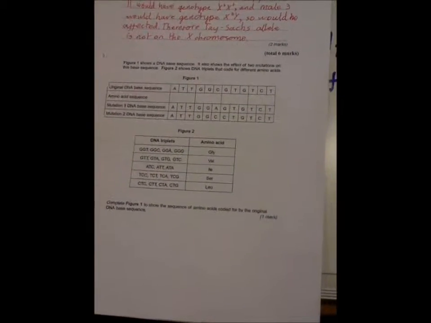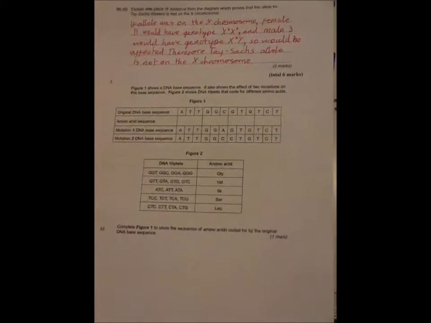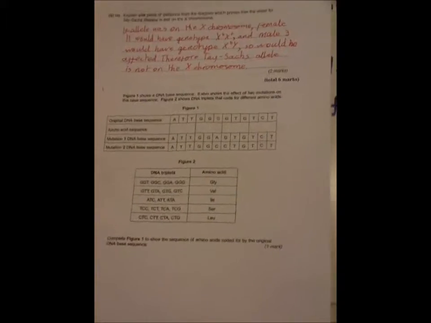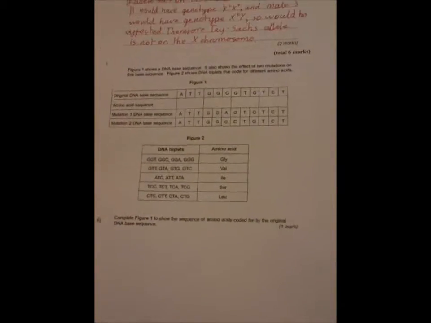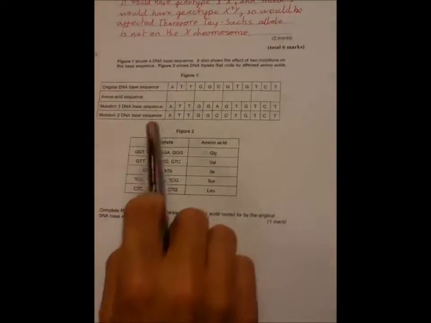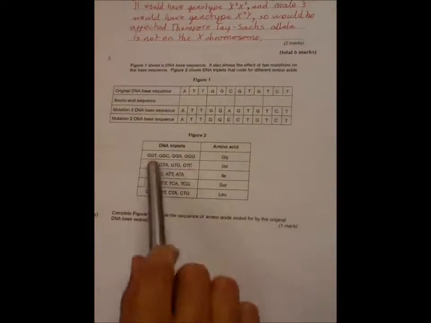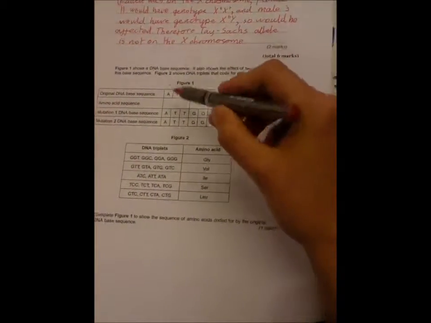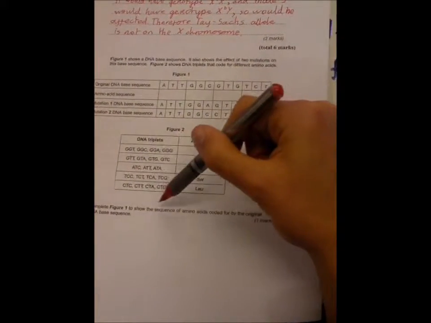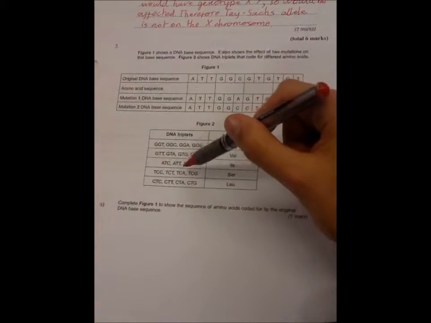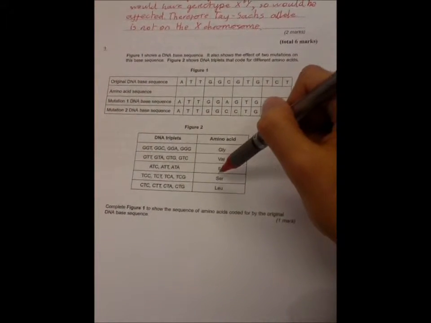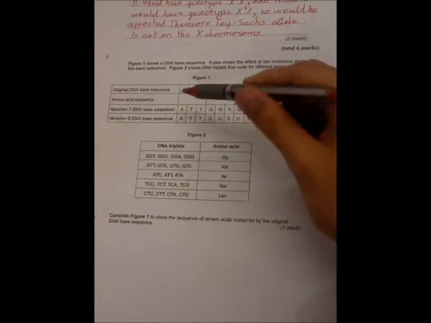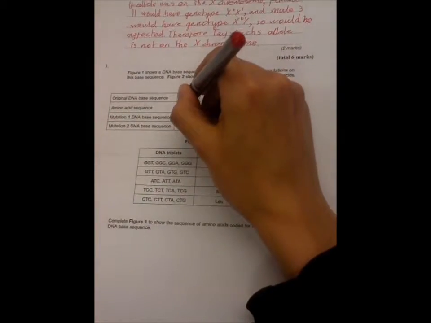Okay, question 3 of inheritance test. So part A, complete the diagram to show the amino acids coded for, which is pretty easy because all you have to do is look at the triplets and compare them to the table of DNA triplets and find which amino acid is coded for. So that's ATT,